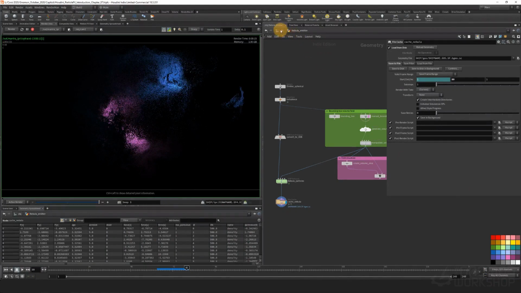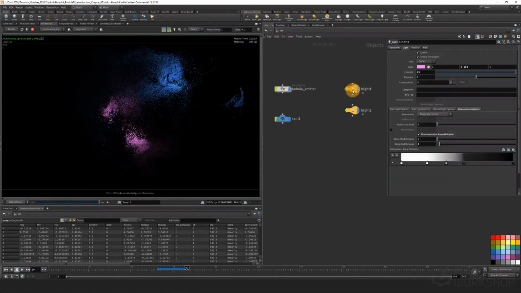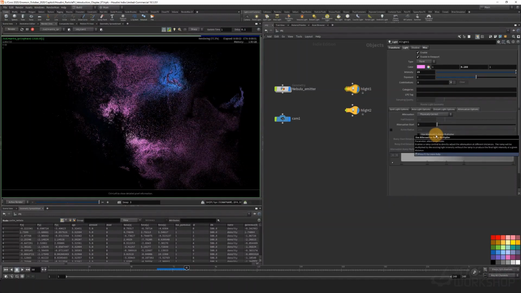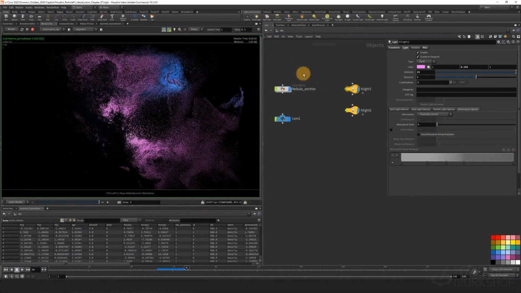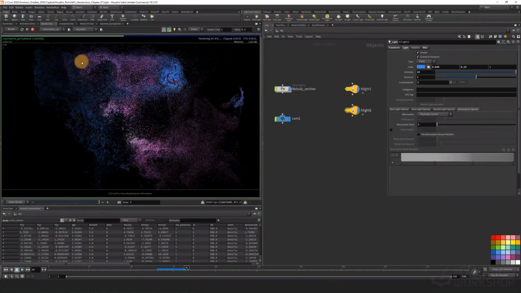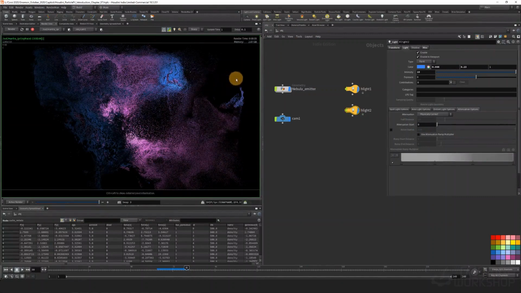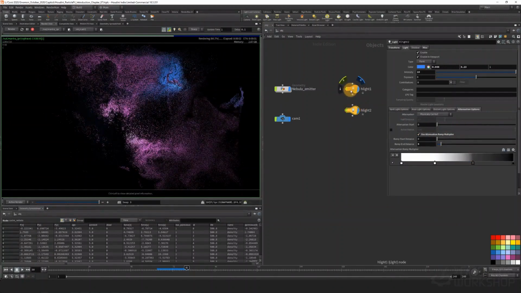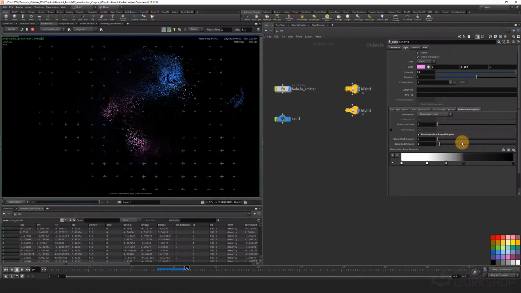Okay, let's try to do something with the lighting. So let's say that we have no attenuation for this one. You see that we have this kind of multiplying, and let's see if we do the same for this one. You see that we have all lighting moving inside the volume. By the way, let's go back to this kind of lighting condition,